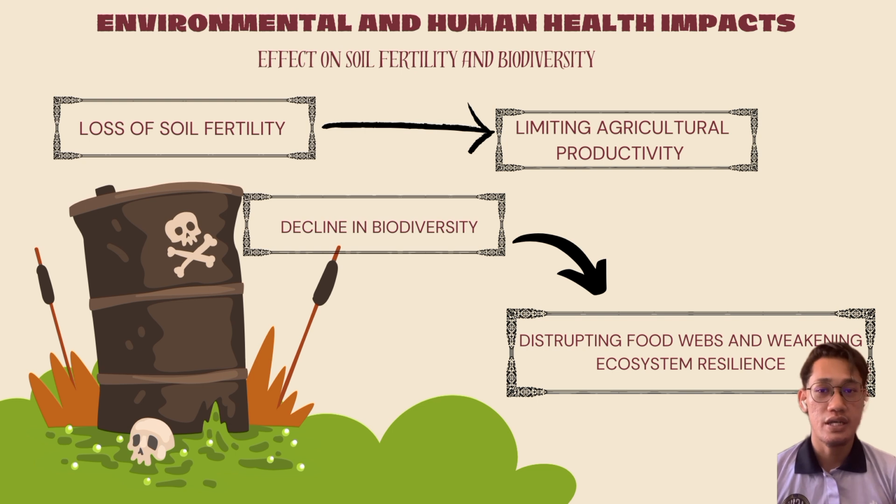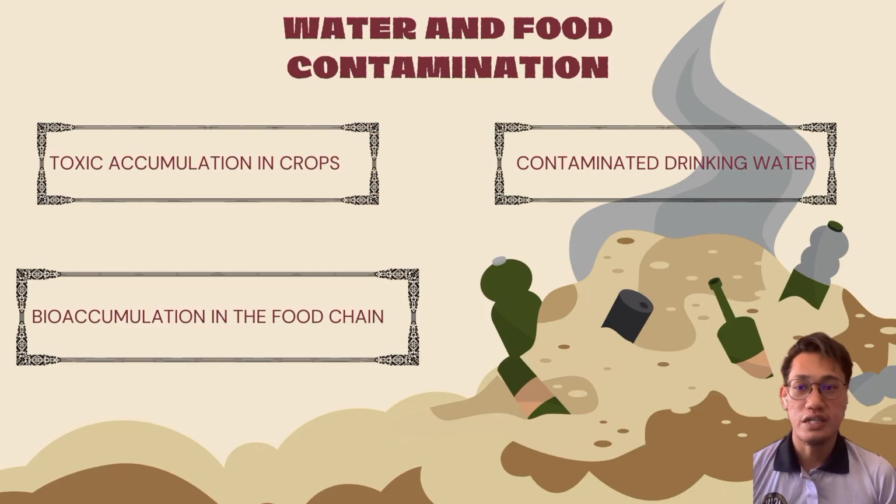Biodiversity also suffers. As the base of the ecosystem is damaged, other organisms like insects, birds and small animals either leave or die. Soil pollution doesn't just stay in the ground. Rain can carry those pollutants into rivers, lakes and especially underground waters. This can contaminate drinking water, especially in rural areas that rely on wells. Crops can also absorb toxic substances through their roots. When we eat those plants or animals that feed on them, we end up with those same toxins in our bodies. Over time, this can build up and cause serious health issues.